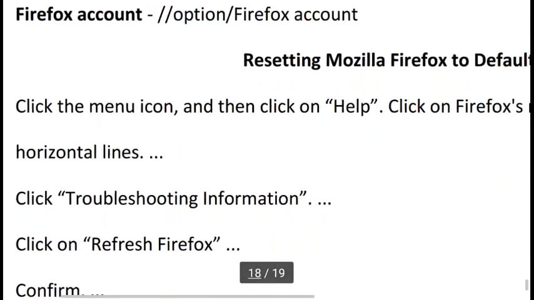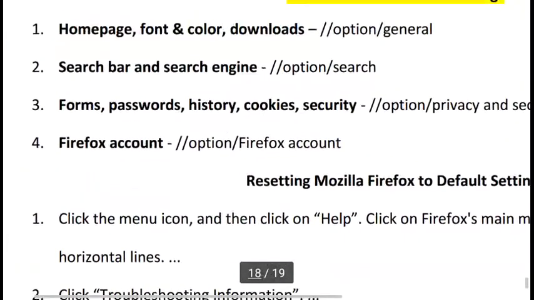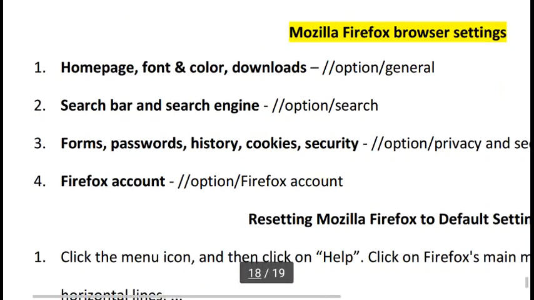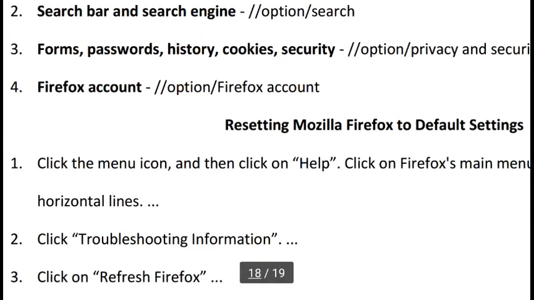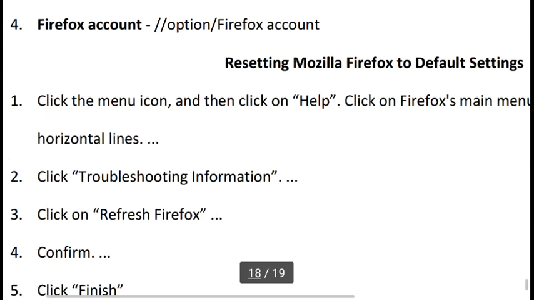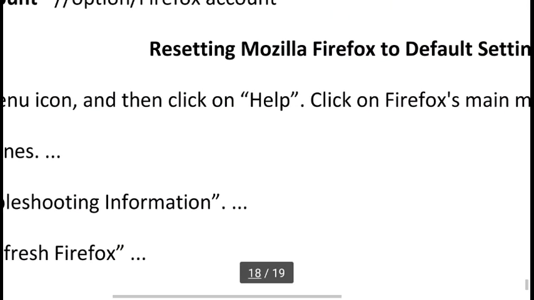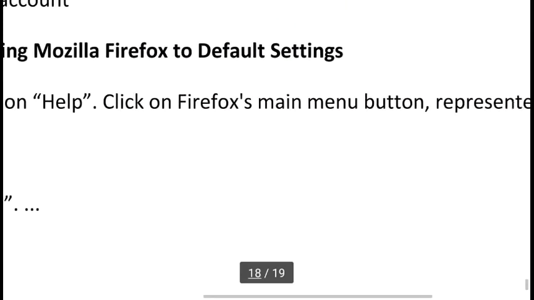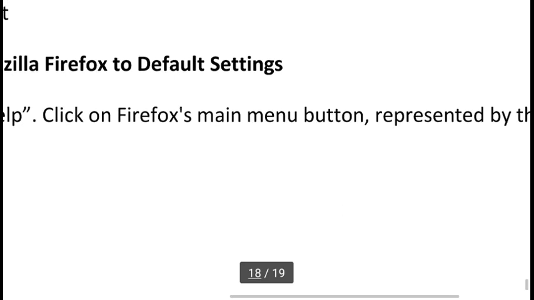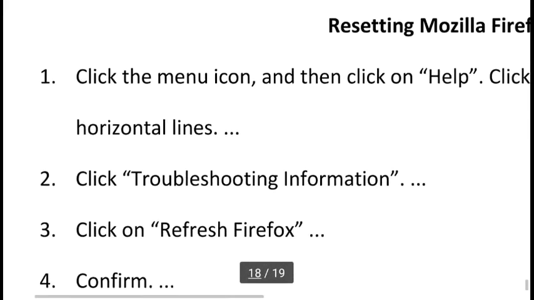And here again one thing: if any setting creates a problem, you can move back to the default, or reset the settings of Mozilla Firefox to default settings. For this purpose, click the menu icon and then click on Help. Click on the Firefox main menu button represented by 3 horizontal lines.